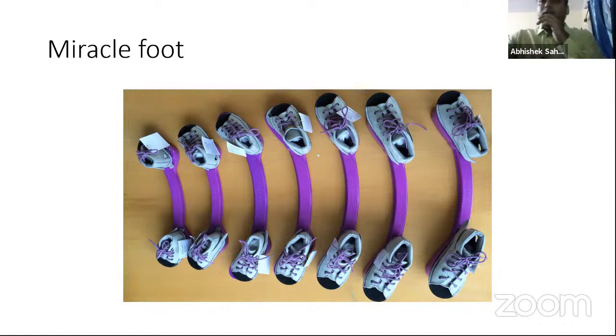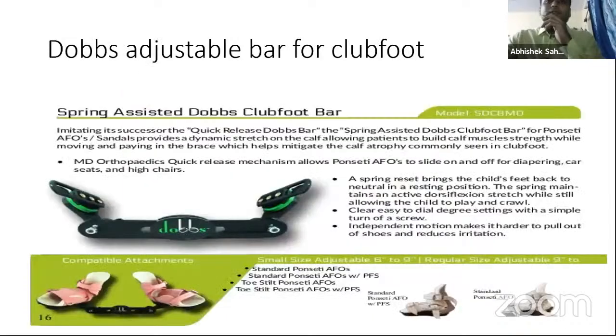American institute, which they have put out through charity work, and they have different types of braces. The only good thing I noticed about this brace was the ease of removal of the abduction bar for the shoes, and the shoes can directly be used as an ambulatory shoe as well. So this is the advantage which I noted over the other braces, like the Miracle Foot. It has not yet become very popular in India as such, but we'll see about it.